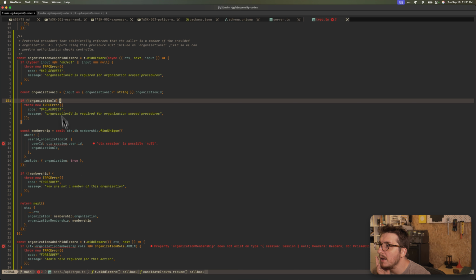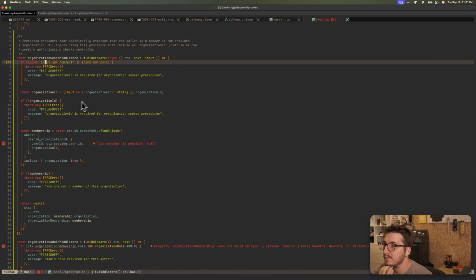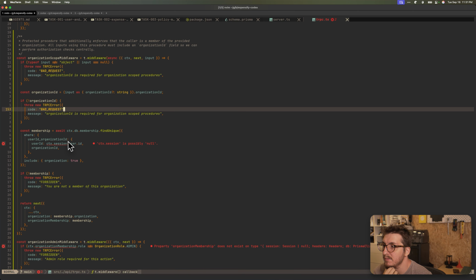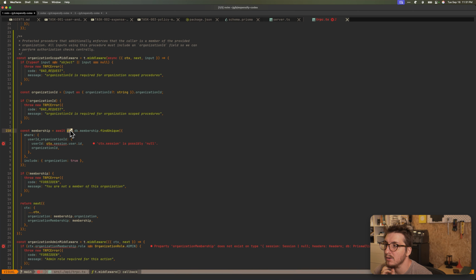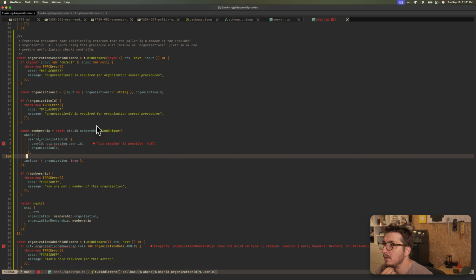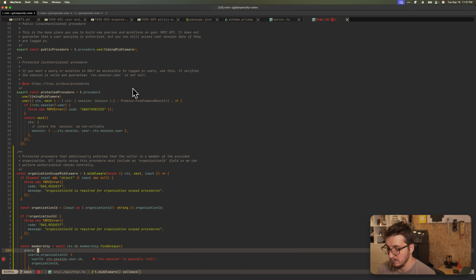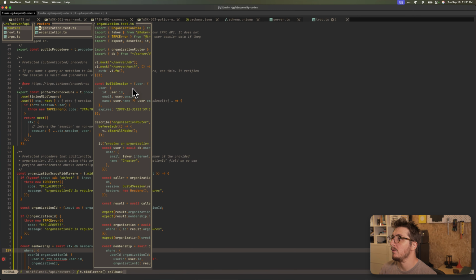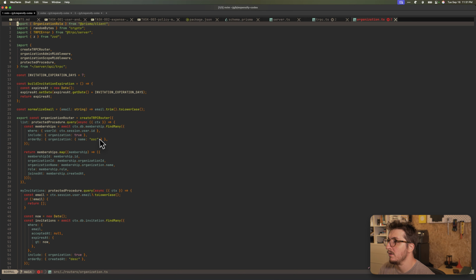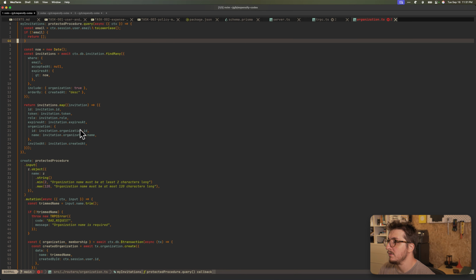I think I would ask it to just have a helper function that takes an input that already has the organization ID defined, like takes the context and an input. I think it's better. If we go to organization router, it would be easier to